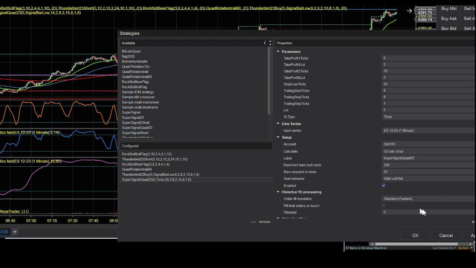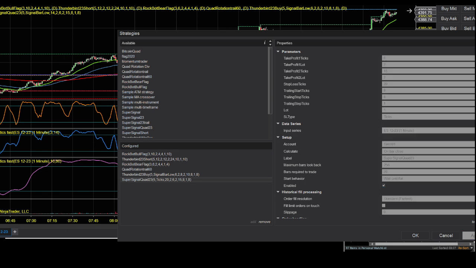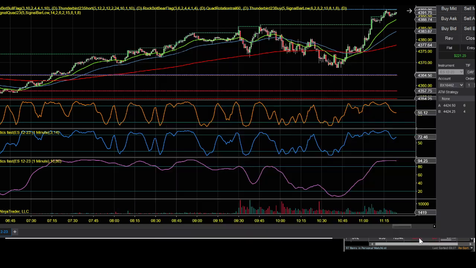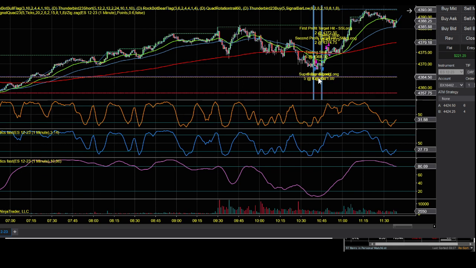So now we'll just enable that. Now it'll apply that. As long as that's on ticks, it'll apply it. And again, I go over this in a whole series of videos that explain how to run it. And I'm always at your disposal if you have any questions. So I want to activate that now. And as you can see,